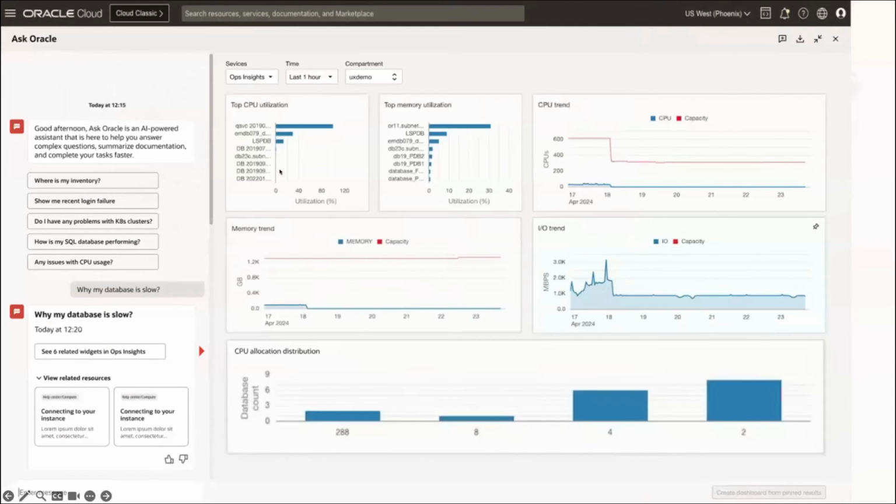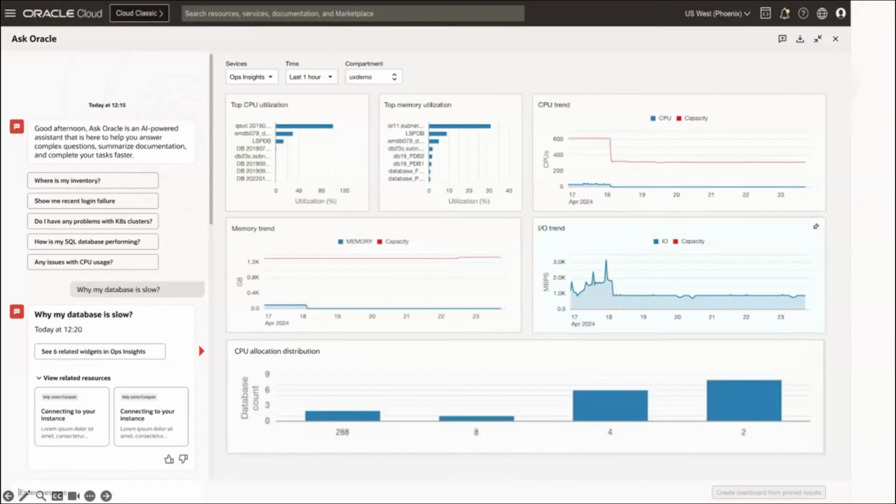So I basically clicked on this, and then it spits out these relevant widgets pertaining to the question I asked initially. These are widgets not necessarily across one service within observability management. The beauty of this is that it will curate and, in the background, run a SQL across relevant widgets which are necessary to answer this question. In this case, it has come up with this set of widgets. Now, what else can you do? You can also improvise this widget creation and dashboard experience by asking incremental questions on top of that.